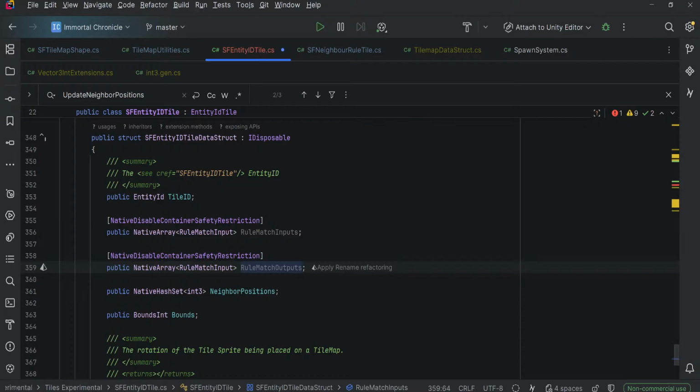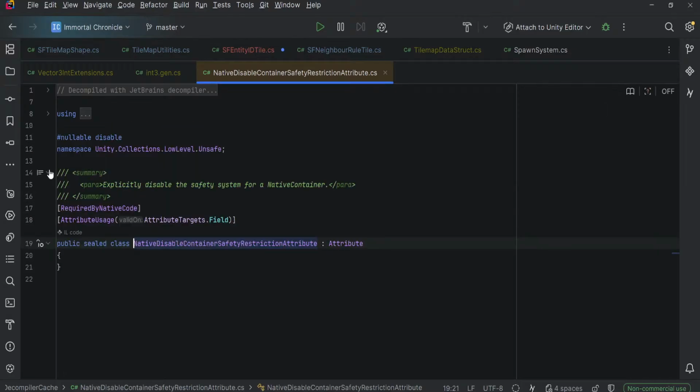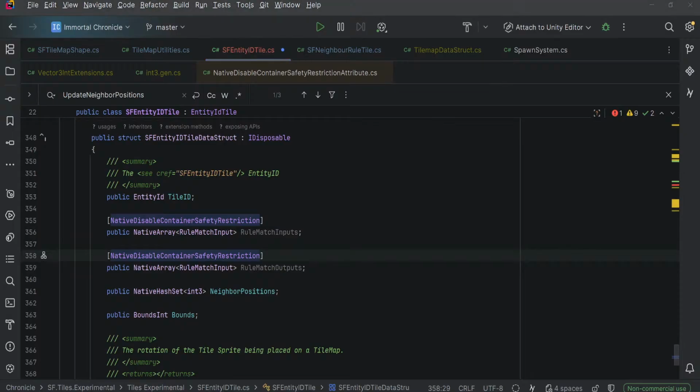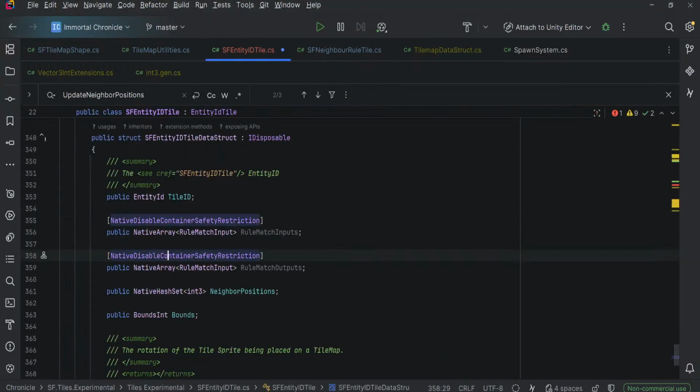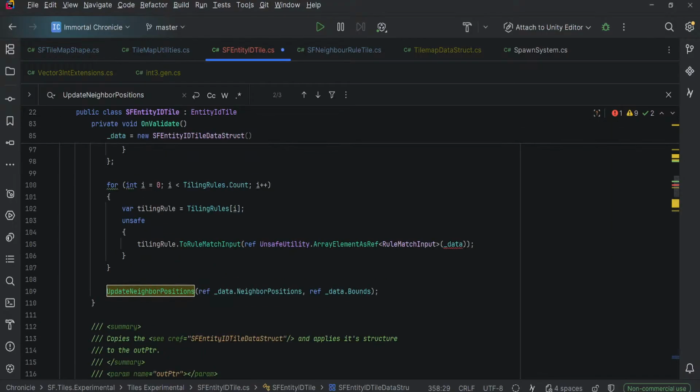Stretch. Okay, so we get this. I'm gonna go into here real quick. Explicit disable. Okay, yeah. I'm pretty sure this is it. Yeah, we're fine. It's all fine. Okay, so go all the way back up here. And I need to do